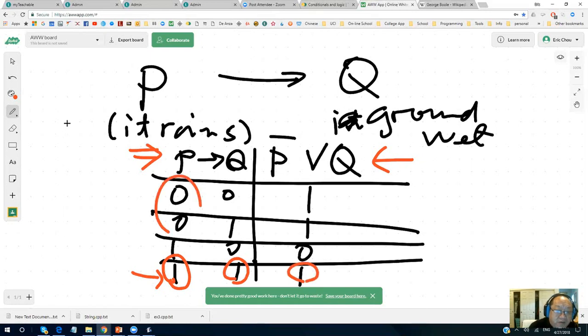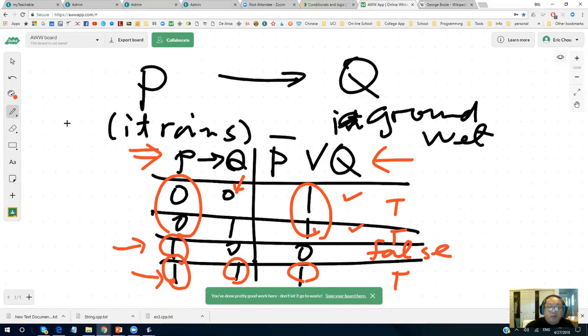But if it doesn't rain, whether the ground is wet or not wet, it's still true, because we don't care. The only case that will be false is when it rains, but the ground is not wet. Then that doesn't follow this logic.